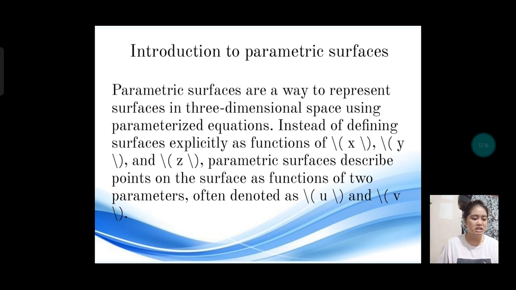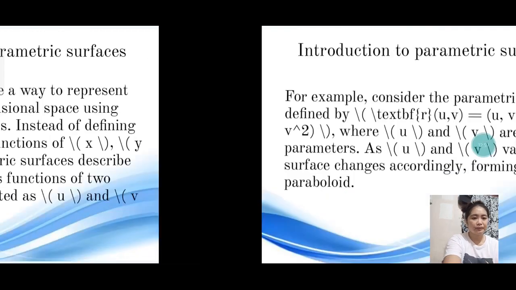These parameters vary over a certain domain, and as they change, they trace out points on the surface. This approach is particularly useful in computer graphics, physics, and engineering for modeling complex shapes and surfaces.